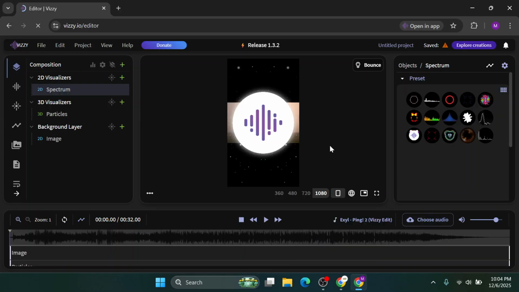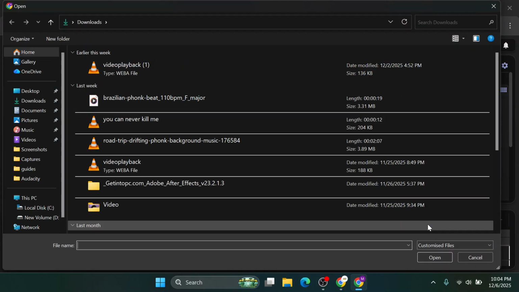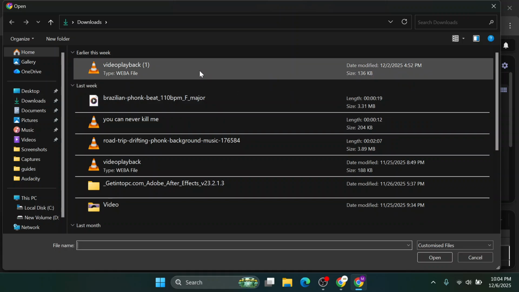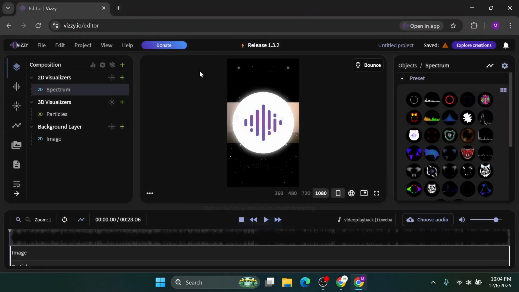Okay, now this is our new project. Here you can see different things, but I will explain some of them. First you have to paste your audio. Here you can see the option of choose audio. So click on choose audio and you can choose. I have this one, so I paste it here. Okay, now our audio is here, and here you can see different compositions like spectrum,